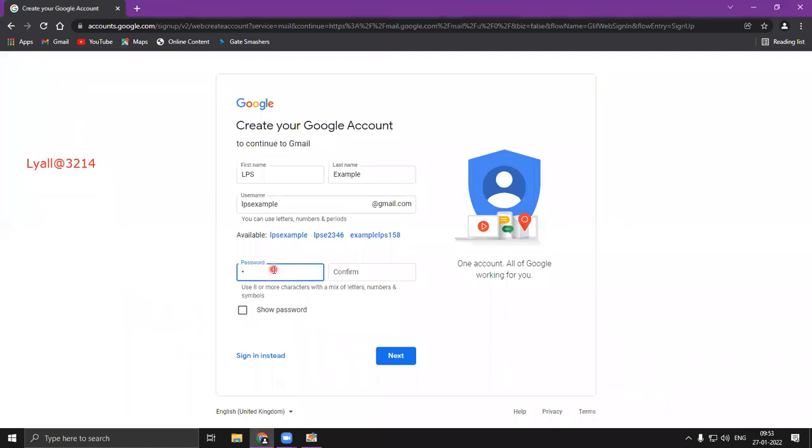L capital, YALL@3214. Okay, so this is how I can set an example of how we can create a password. I'm not going to use the same password here. I am not revealing which password I am going to enter here. So here it is.